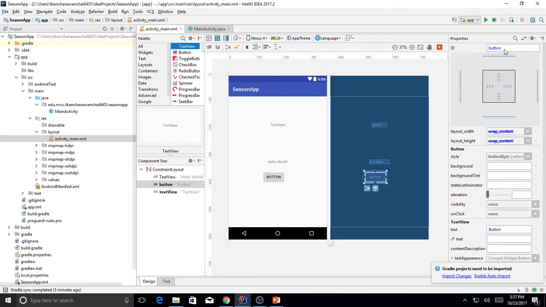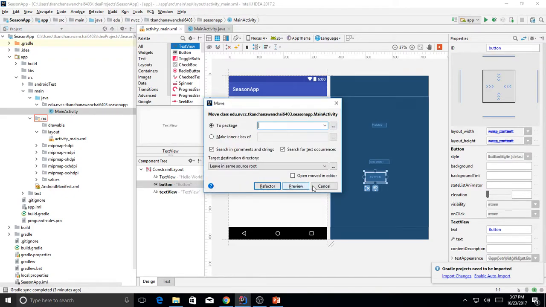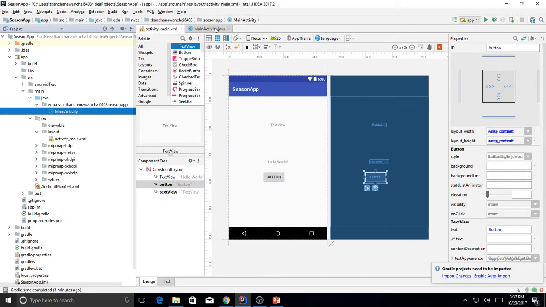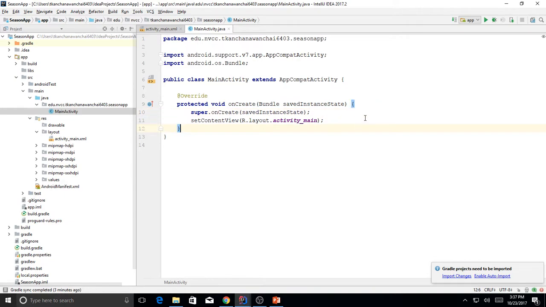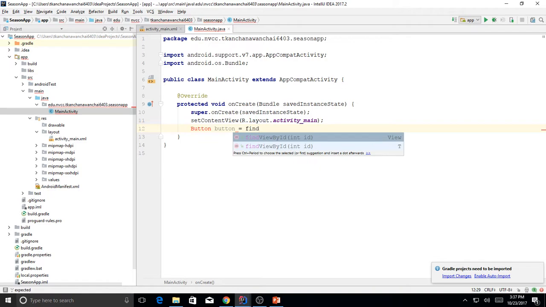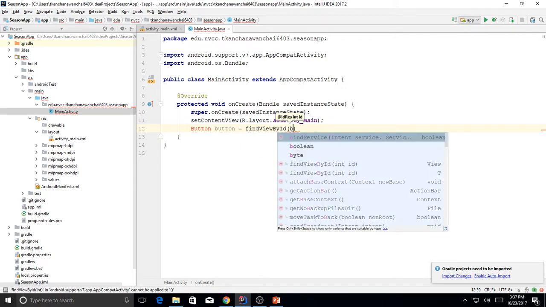Like this is a button. So we just go back. We just need to refer to the object by ID. So let me go back to MainActivity, and then you can just use the method. For example, we use a button, right? I just create an object Button, named button, equals findViewById, and the ID name is